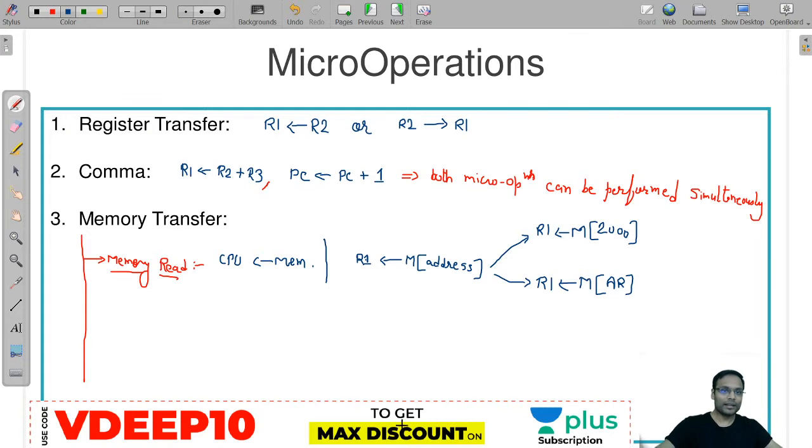Very simple. Similarly, now this particular thing too, you will have to only tell me. I am not going to tell you how it is happening. Memory write operation. How to perform a memory write operation? From where to where does data go in the memory write operation? From CPU to memory, the data is transferred, right? So how will I write it? From CPU means some register, let's say R1. Data going towards memory, and in the memory I'll have to specify the address.